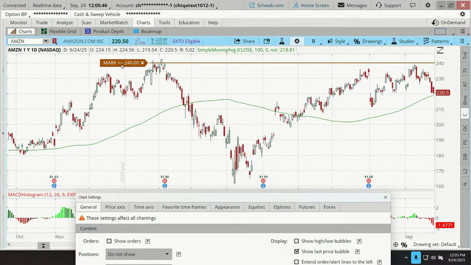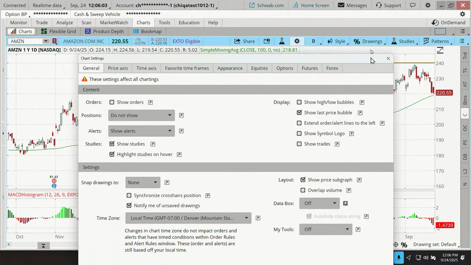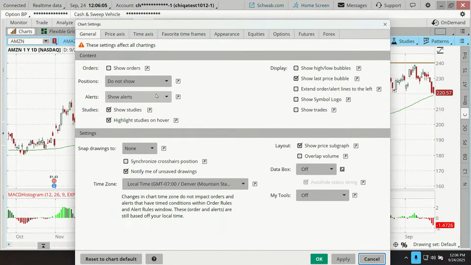I must have told the system I want an alert to let me know if the market value of Amazon has risen up to greater than or equal to $240. And if I left any notes for myself, if I want to change the notification settings, I can right click on that alert and update that alert if I'd like to.